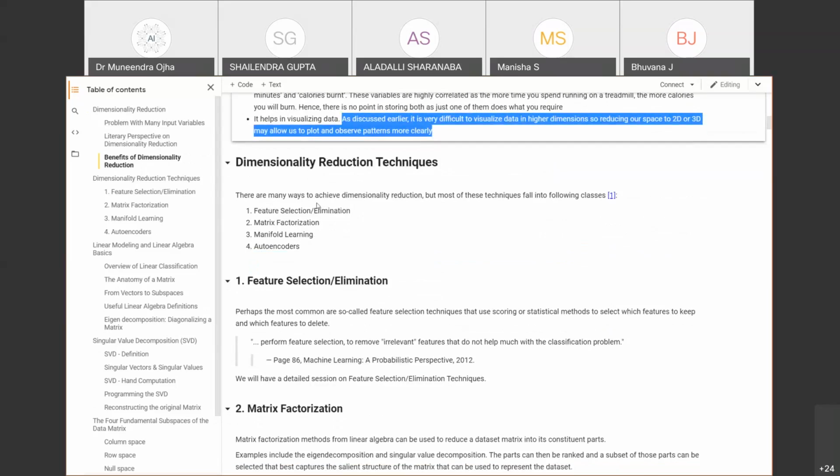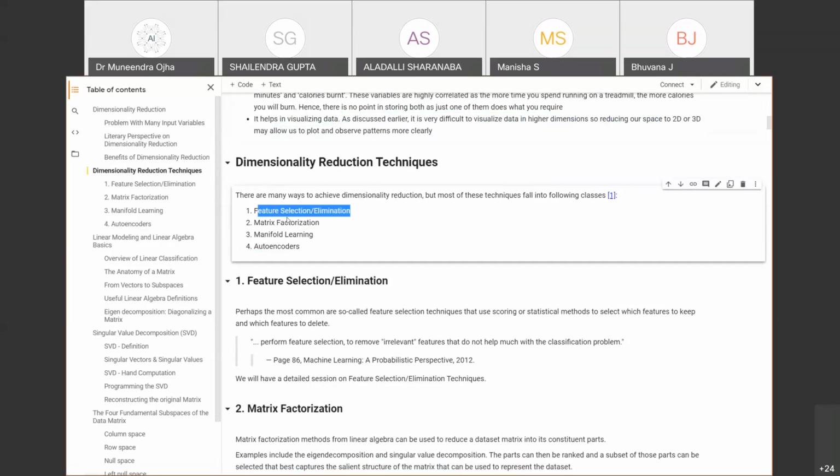There are different dimensionality reduction techniques such as feature selection or elimination, matrix factorization, manifold learning, and autoencoders. At this point of time, I will not discuss feature selection or elimination, because feature elimination and selection requires domain knowledge, and it is totally dependent upon the domain, the problem that you are solving. So you need to sit with the domain expert, and with the help of her,